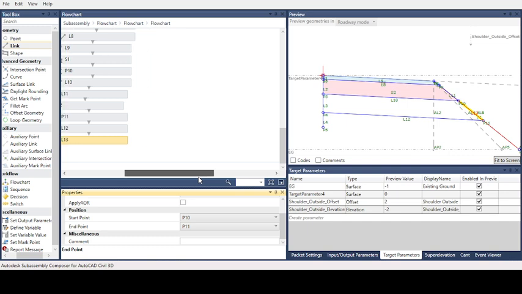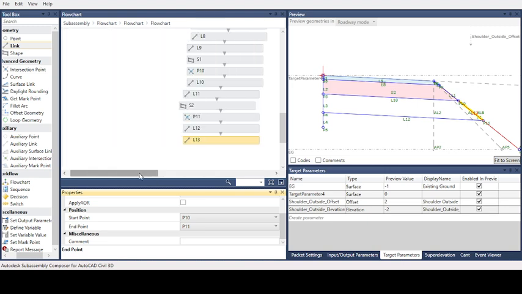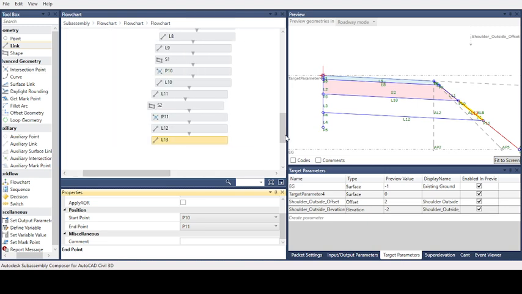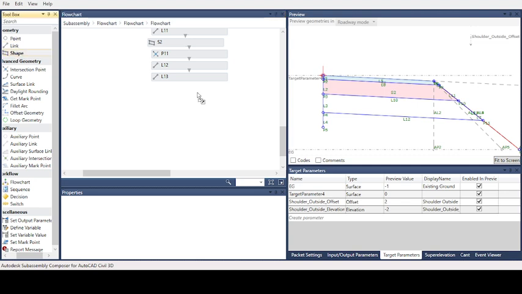In order to maximize, we select this one and move downward. The flow chart will increase the size.